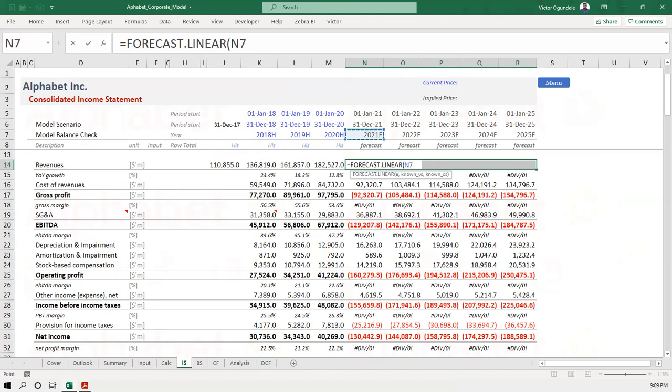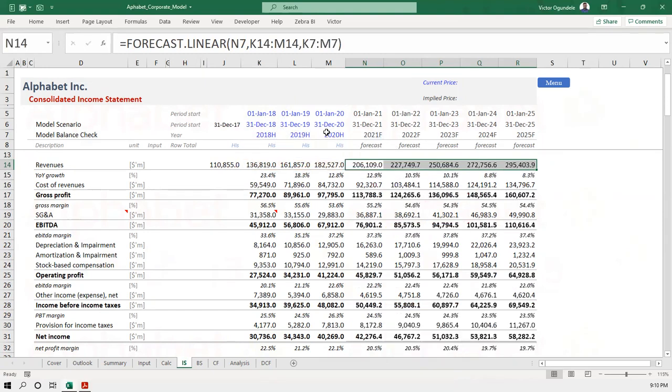Okay. Can you hear me? Mm-hmm. So it's going to ask for the X, which is our period, comma, what is our known Y's? So this is our known Y's, the values, comma, and what is our known X, which is our last period. So I can close the bracket and press enter. So you see, Excel will automatically look at the trend from these three guys and give you this. To understand that, so Excel can help you to make those forecasts as well.